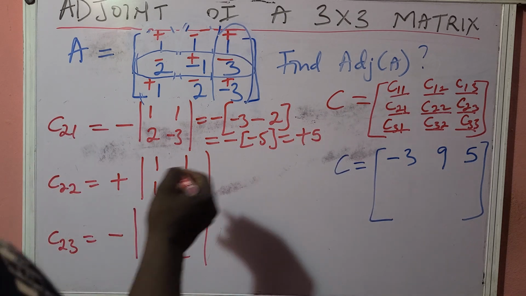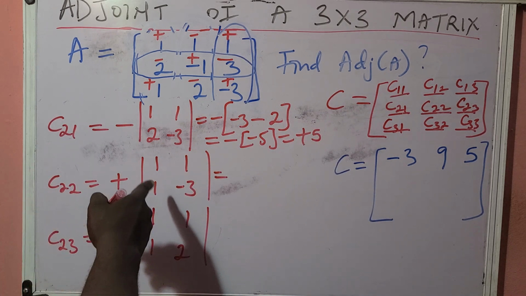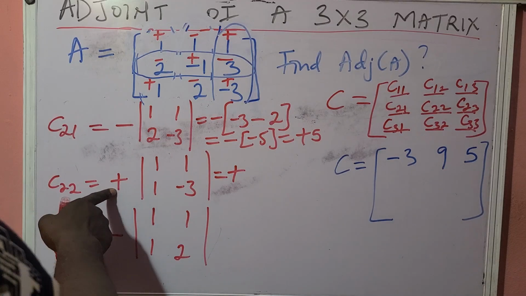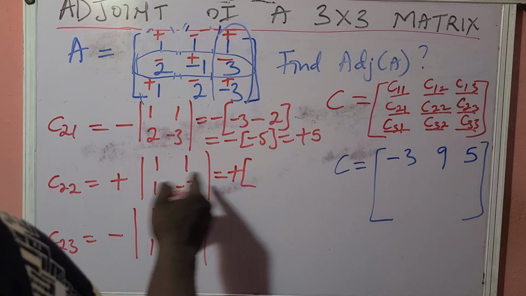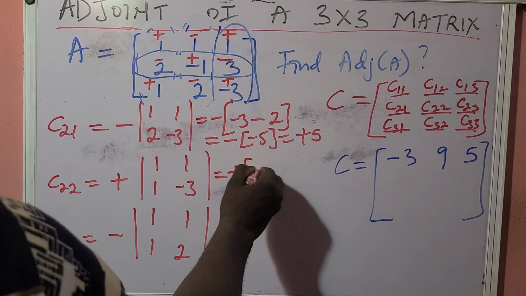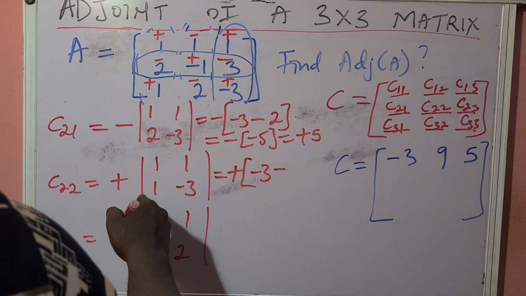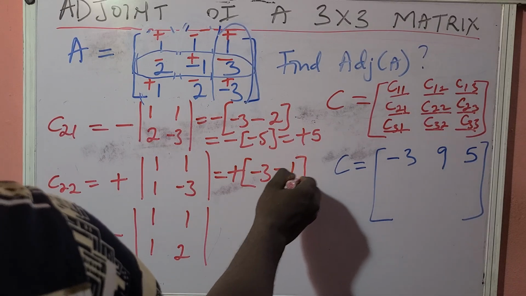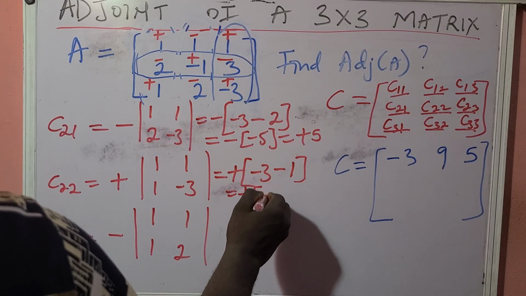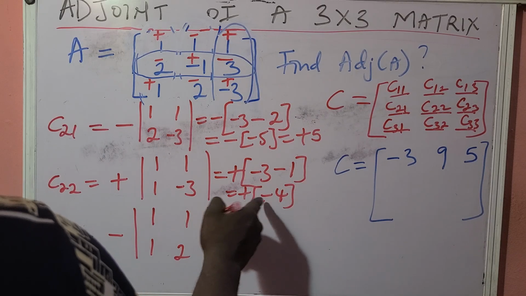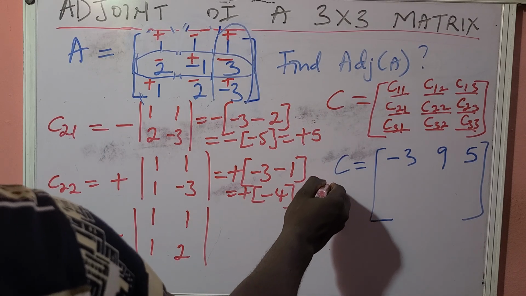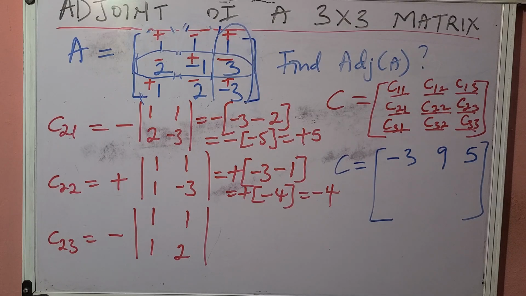So we can go on to find the next one, C22. That will be plus, don't forget the sign. Then we have 1 times minus 3, that will be minus 3, minus 1 times 1, 1. That will be plus minus 4. Plus times minus is minus, that will be minus 4. And then we have